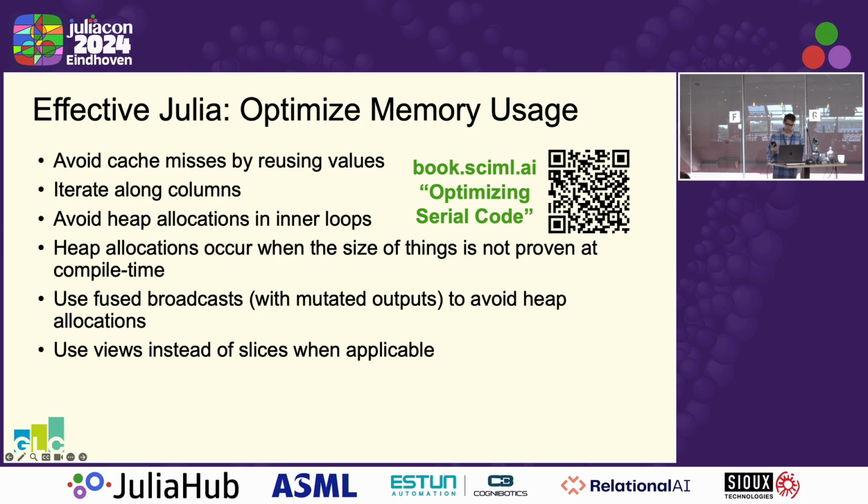So these are just a smattering of some ideas that are written out there, like avoiding cache misses and iterating along columns, the way that memory is allocated. But ultimately, you're trying to avoid as many heap allocations as possible. There are allocations on the stack that are very cheap when you create and stop a call stack, but anything you're using with dynamic memory, meaning something you don't know the size of at compile time, those are the things you want to minimize. So either you can